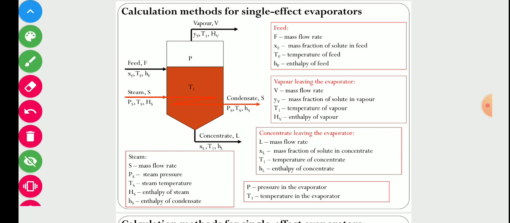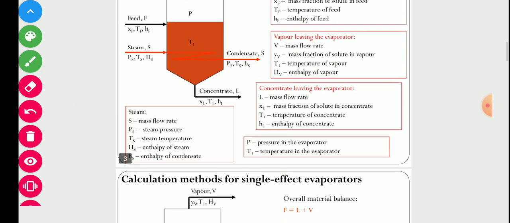And the second is that the mass flow rate of steam and condensate will also be the same, because here steam is used to transfer energy only, and there is no mass transfer. So whatever steam we enter, the equal amount of condensate we get at the exit, because here steam is only getting condensed, and we get condensate at the outlet stream. If we apply a material balance, there is no mass loss or gain during that process, so this mass will be the same for both steam and condensate.